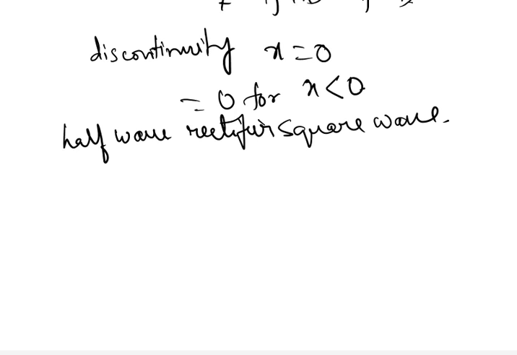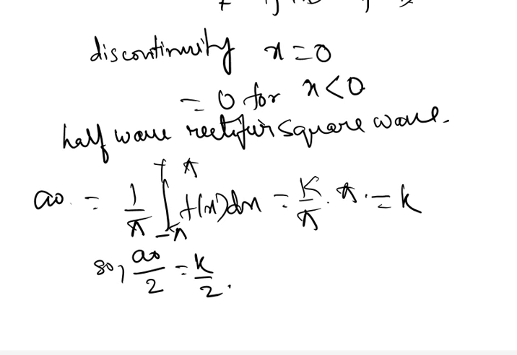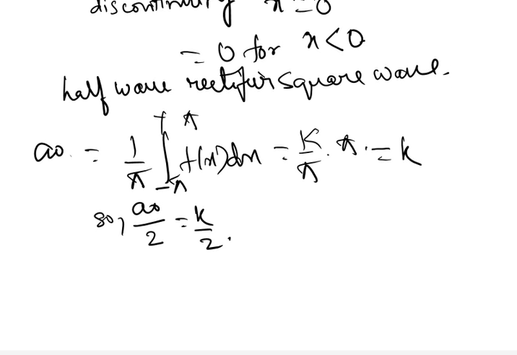First, a0 equals 1 by pi, integral from minus pi to plus pi of f(x) dx. So we can write k by pi into pi, which is equal to k. So a0 by 2 equals k by 2. Then for bn we can write